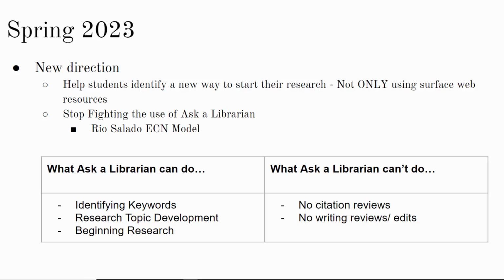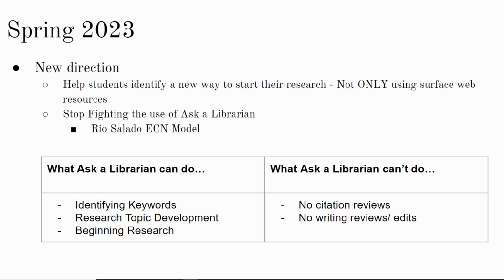So, again, wanting to look at what would be best for our students and getting them started on the right path with their research, but also thinking about what is not just convenient but seems like the preferred method of contact with the librarian for a lot of our online students, which is Ask a Librarian, I wanted to move into a new direction. So in October, I met with Eric and we talked about this issue and the plan for spring 2023. And he said, yeah, that sounds like something worth looking at and exploring this semester.